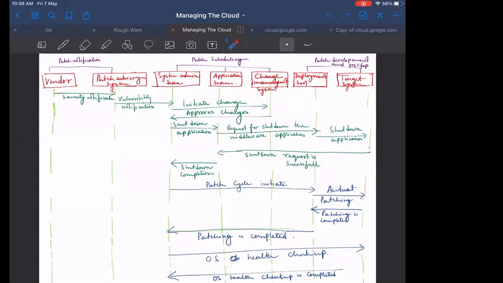Okay, so the application team, when they get the patch instruction for patch management, immediately they send that instruction to the middleware applications, to check whether the middleware application also requires the patch management or not. Whatever the patch management details or requirements are coming, we need to update those requirements to the change management system also.